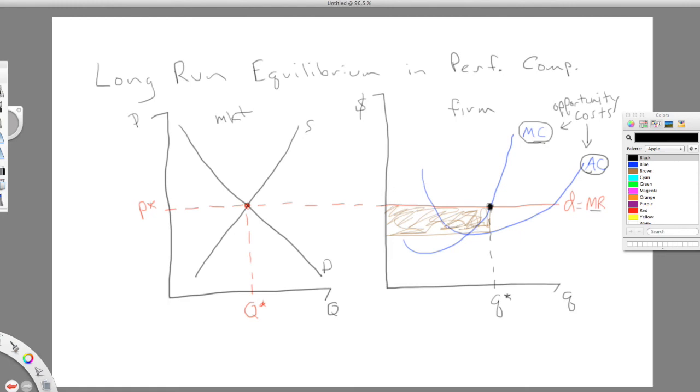So it means that the firm's earning returns above and beyond what they could earn in any other possible pursuit. So if this is a corn farmer, they're doing better by farming corn than they are by using their fields to do anything else. Farming soybeans, building small houses, whatever, it doesn't matter. This is the best thing that they can do by a sizable margin,